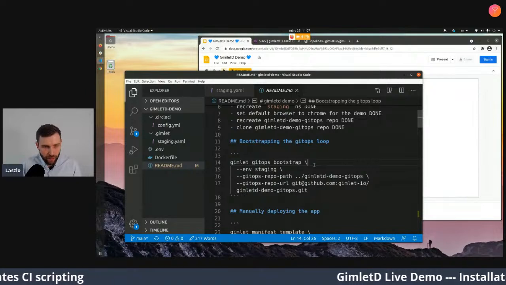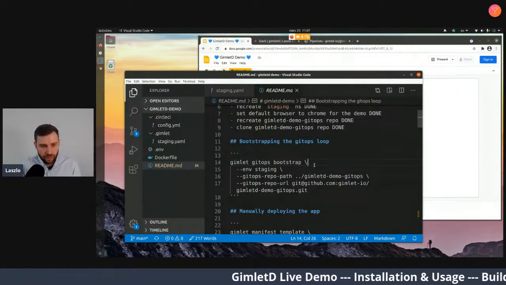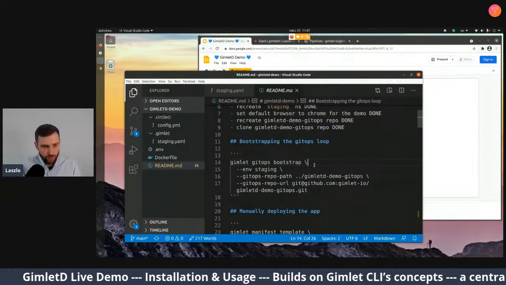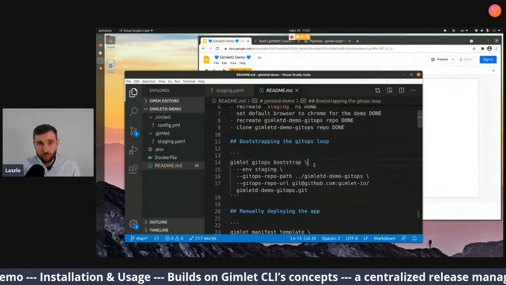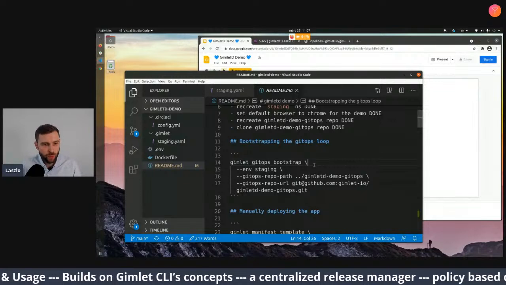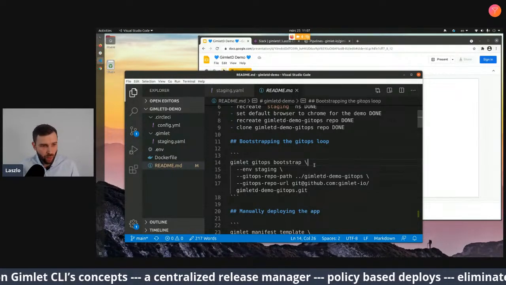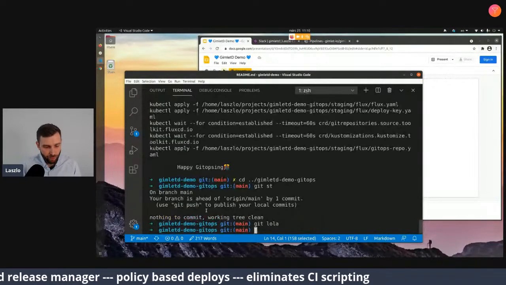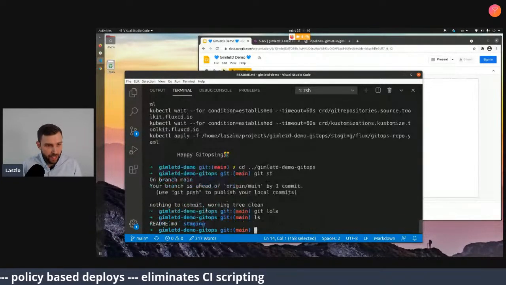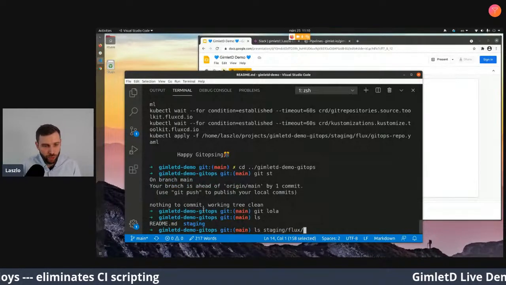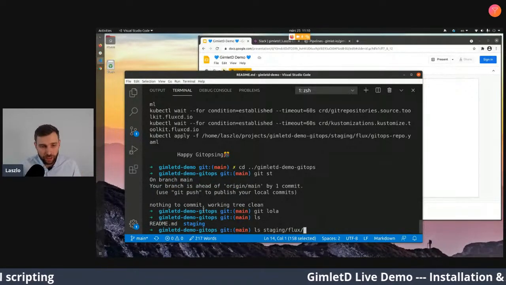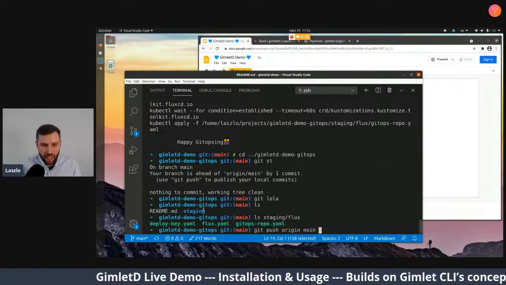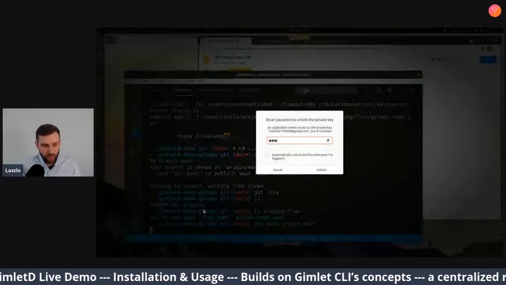All right, so if I go to this gimletd-demo-gitops repo and do a status, I see that I'm ahead by 1 commit. So let's look at what that commit is. Well, it's what we just made. It was bootstrapping the GitOps controller files. And if I do a list, now there is a staging folder and inside it Flux. So I'm using Weave Flux under the hood. There are some YAMLs. So how about I push this to origin main